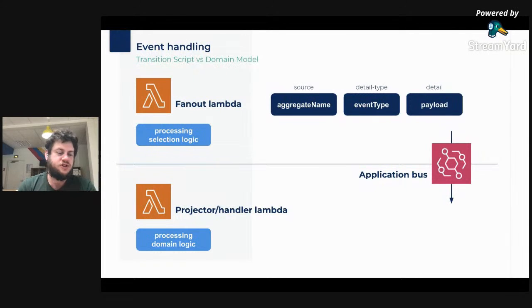A projector, whose job is to update the alert detail projection for the event of alert closing, will only be triggered whenever there is an event inserted in the event bus where the detail type is equal to alert close. Same thing goes for the handler, which can only be triggered whenever they have a specific job to do for a specific type of event that has been inserted into the audit log.